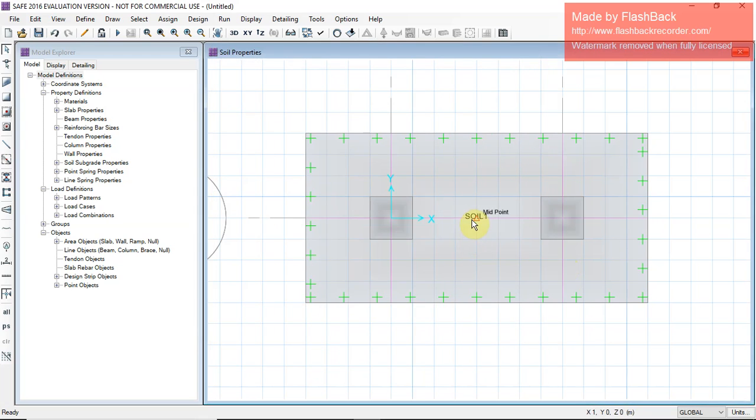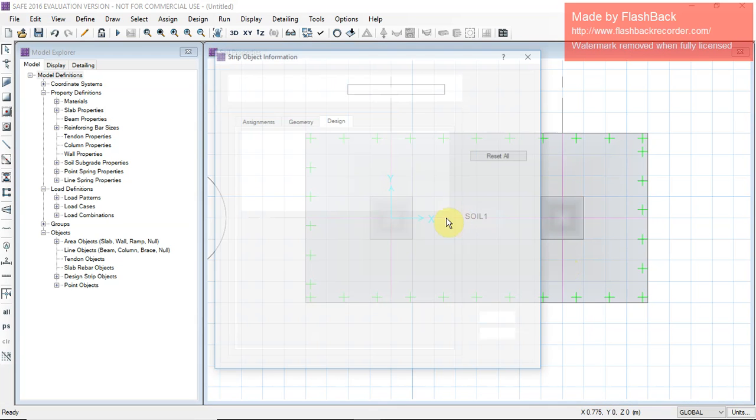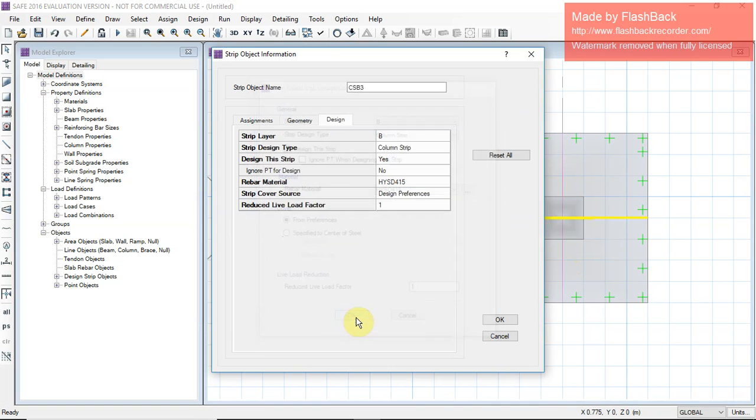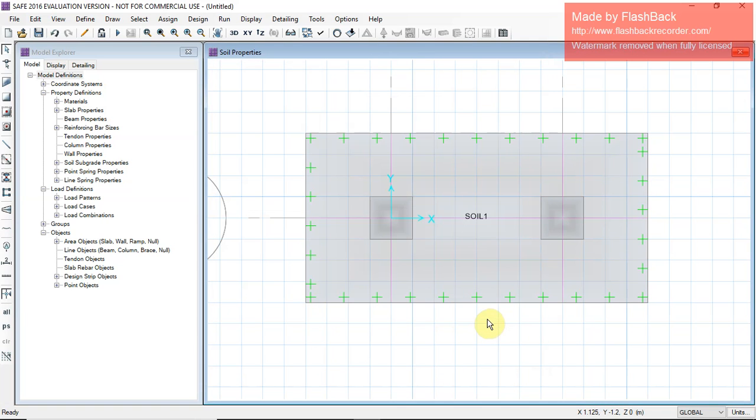Okay. Now this strip. Now we have assigned all the loads on the center point of the column, all the combinations of load and soil, footing, strip and the required material to it.